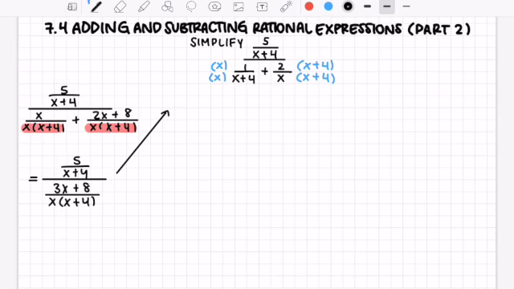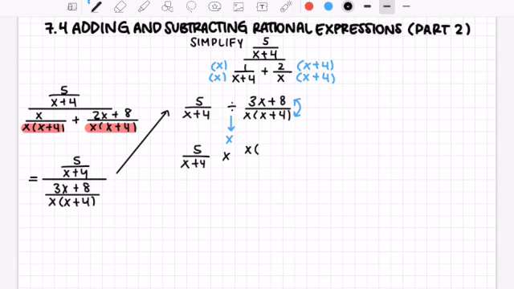So all I need to do is just rewrite it out into 5 over x plus 4, dividing with 3x plus 8 over x times x plus 4. So from here, I'm going to change my division symbol into multiplication, flip my fraction, and so I get 5 over x plus 4 times x plus 4 over